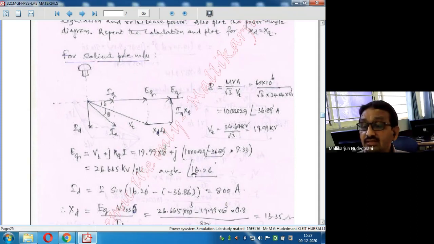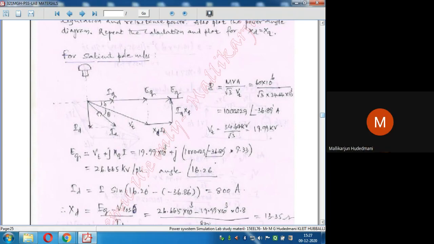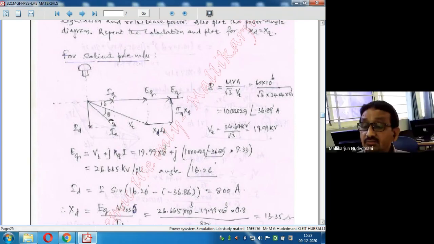If I take these values, the main current and the sine of the angle between these two. If I take I cos of these two, this vector turns out to be IQ. When I take I sine of these two angles, the vector becomes vertically facing down. The same thing is being done: I sine of the angle between these two, and this current gets projected downward.